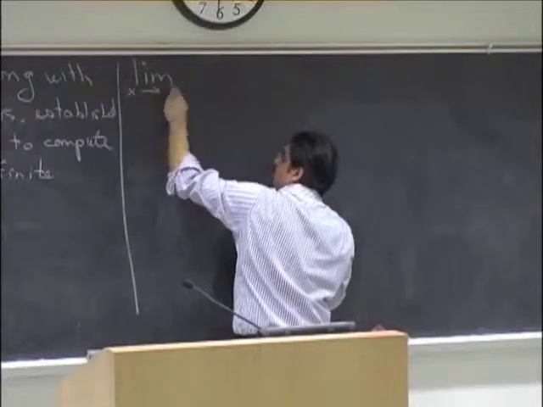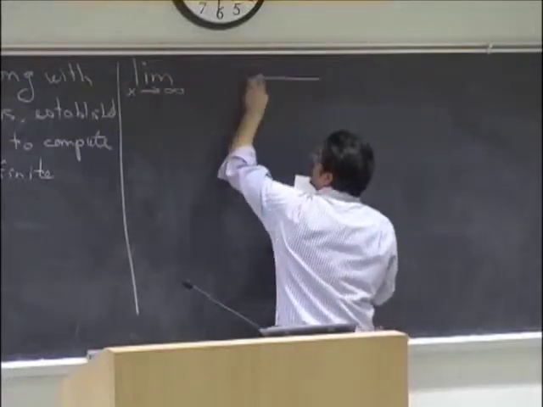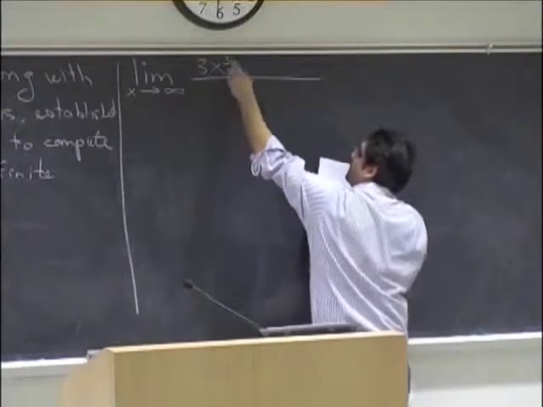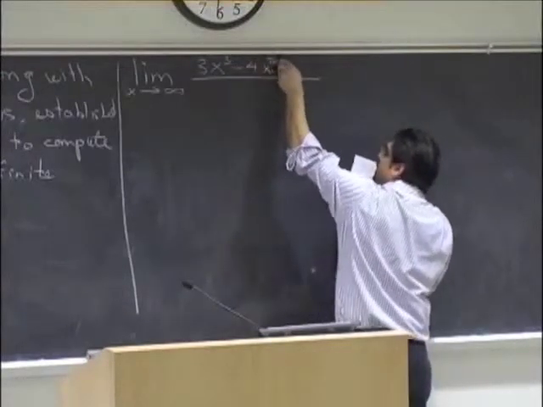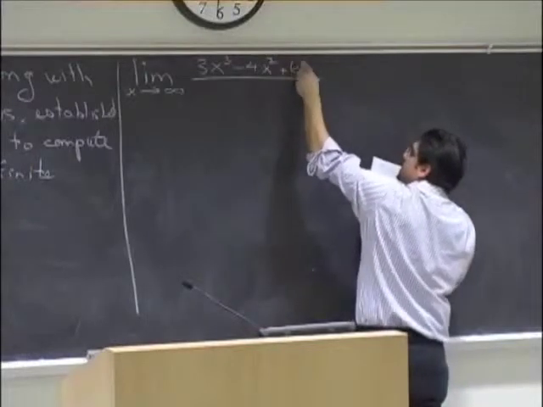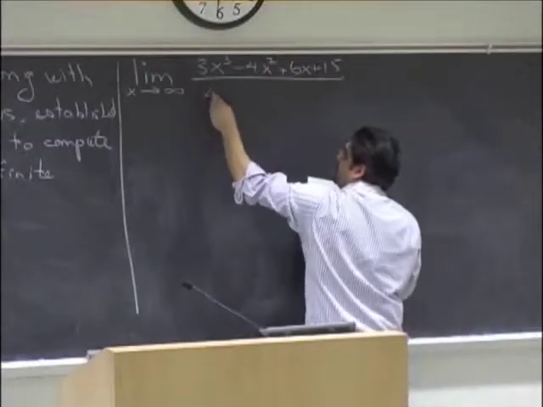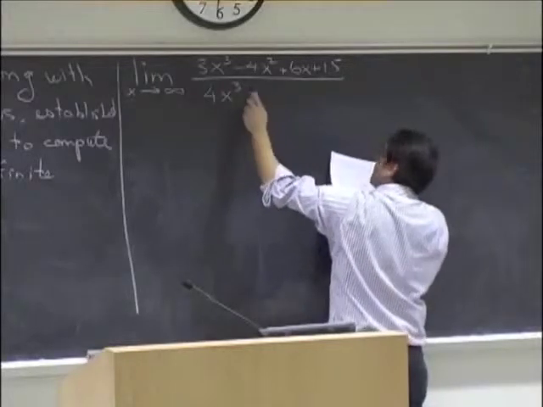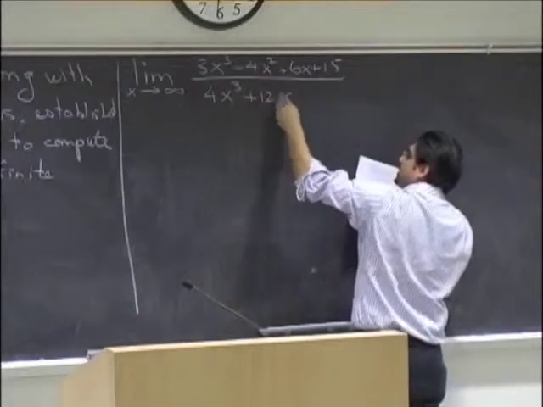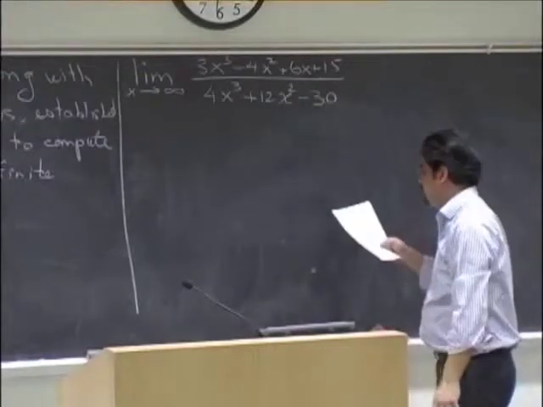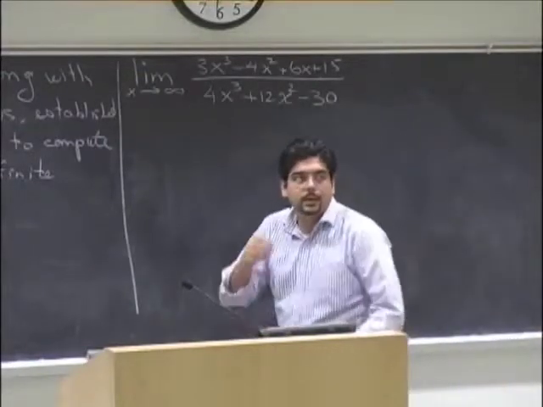The limit as x approaches infinity of 3x cubed minus 4x squared plus 6x plus 15 over 4x cubed plus 12x squared minus 30. Okay? Now,